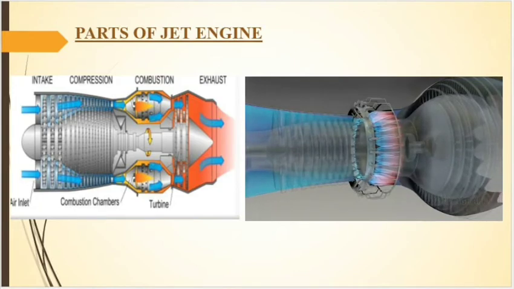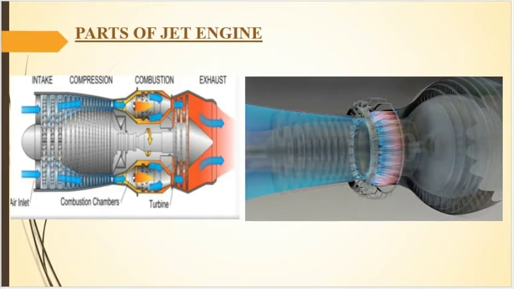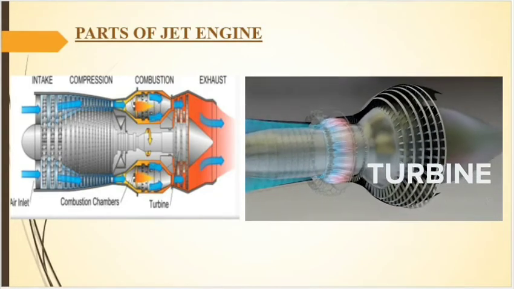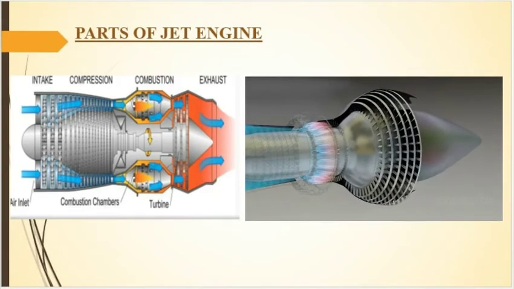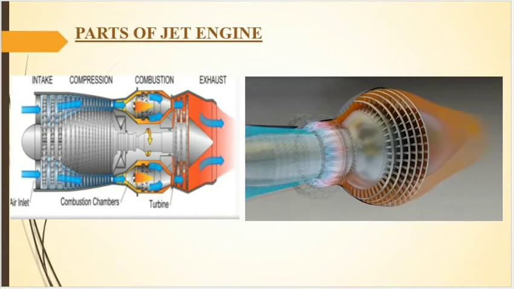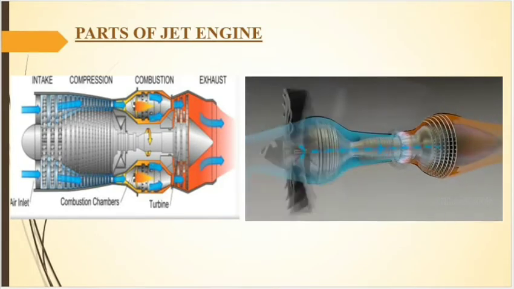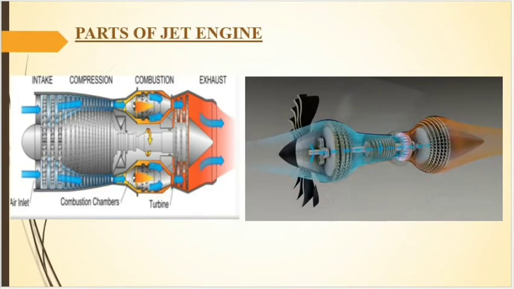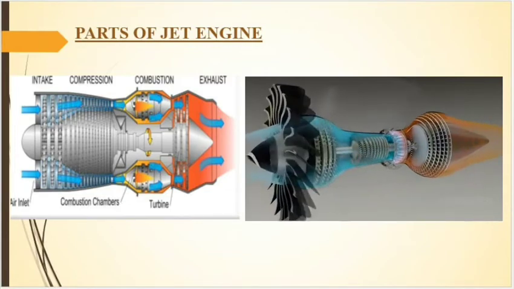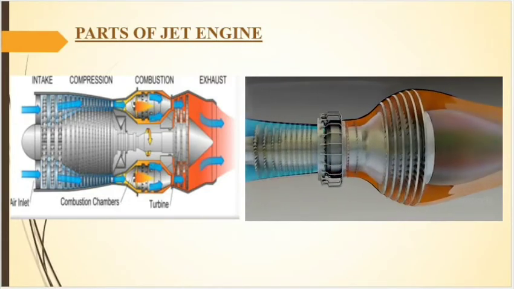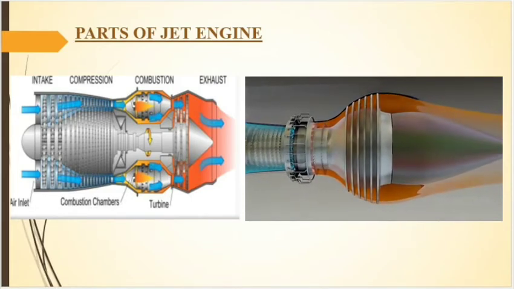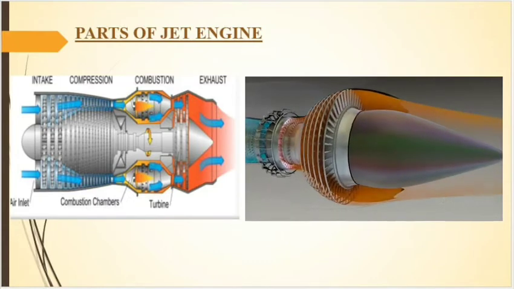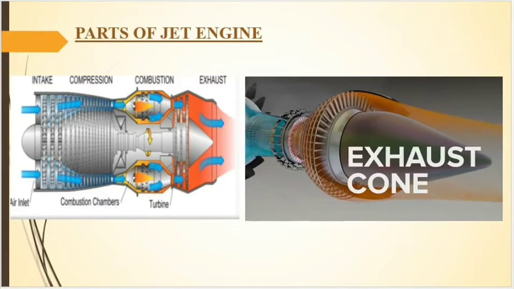Gases that result from the combustion process have a temperature of approximately 1900 degrees Celsius. Before entering the turbine, these gases must be cooled to about half of this value. Therefore, secondary air, which enters through a set of relatively large holes located towards the rear of the liner, dilutes and cools the hot gases. Next is the turbine. The turbine assembly drives the compressor and accessories by extracting some of the energy and pressure from the combustion gases. Last is the exhaust cone.